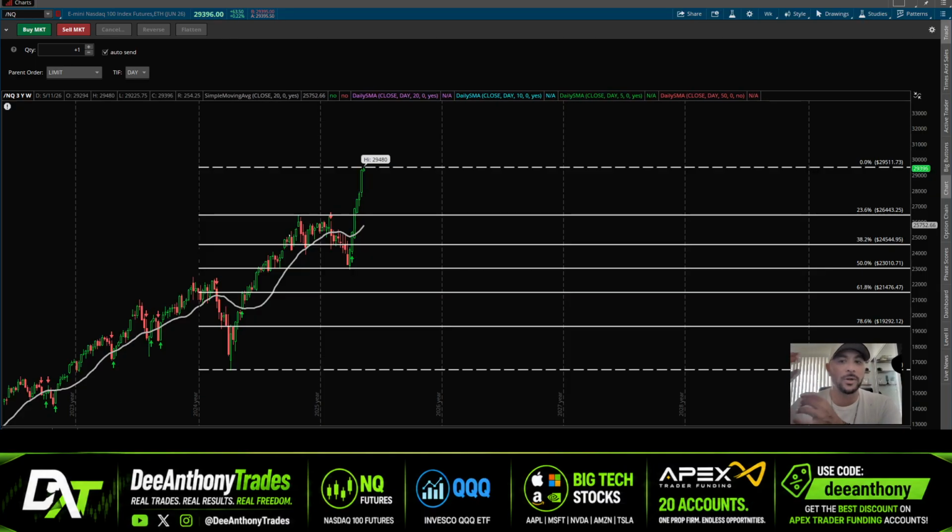Now, if you're a scalper trading prop firms, for example, if you're using the discount code D Anthony and you're trading 20 Apex accounts, you definitely cannot afford to be in a candlestick where you have significant size on and a move's going against you 50, 60, 70 points. So you need to buy these dips. You don't want to buy through these breakouts, and you just want to be mindful.